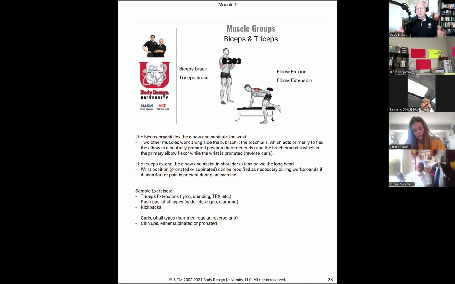And this is one of the reasons why one of my favorite exercises to do with clients, as long as they can perform it correctly and they have enough shoulder flexibility, are overhead dumbbell extensions like this. Now, you can do them with a bar up overhead, but a lot of folks have issues with shoulder flexibility. And you'll notice when I lift my arm up overhead, the long head of the tricep is immediately stretched, which